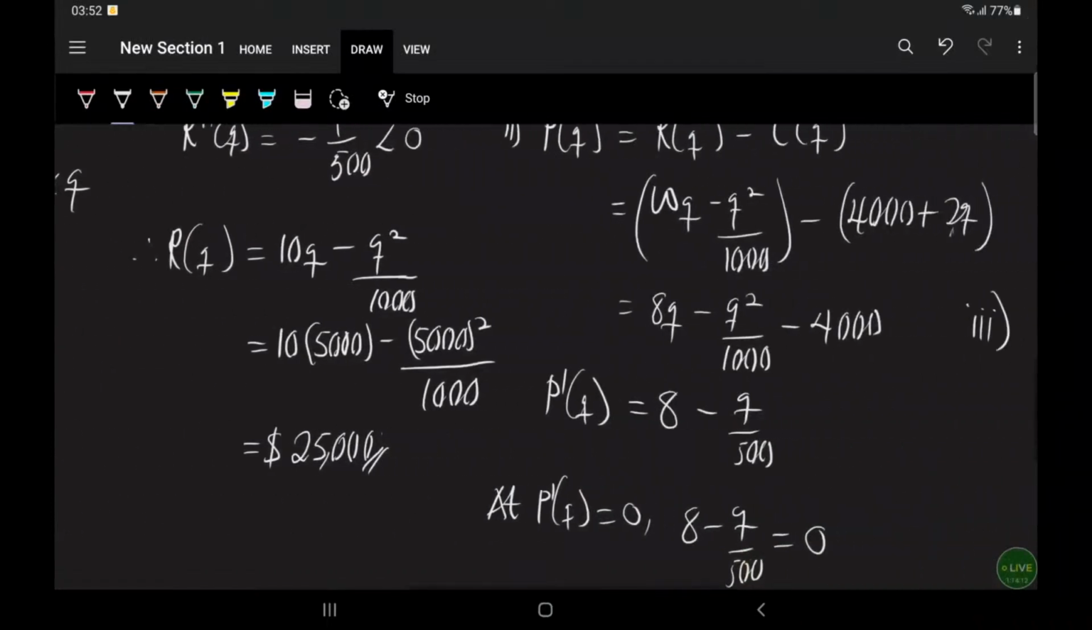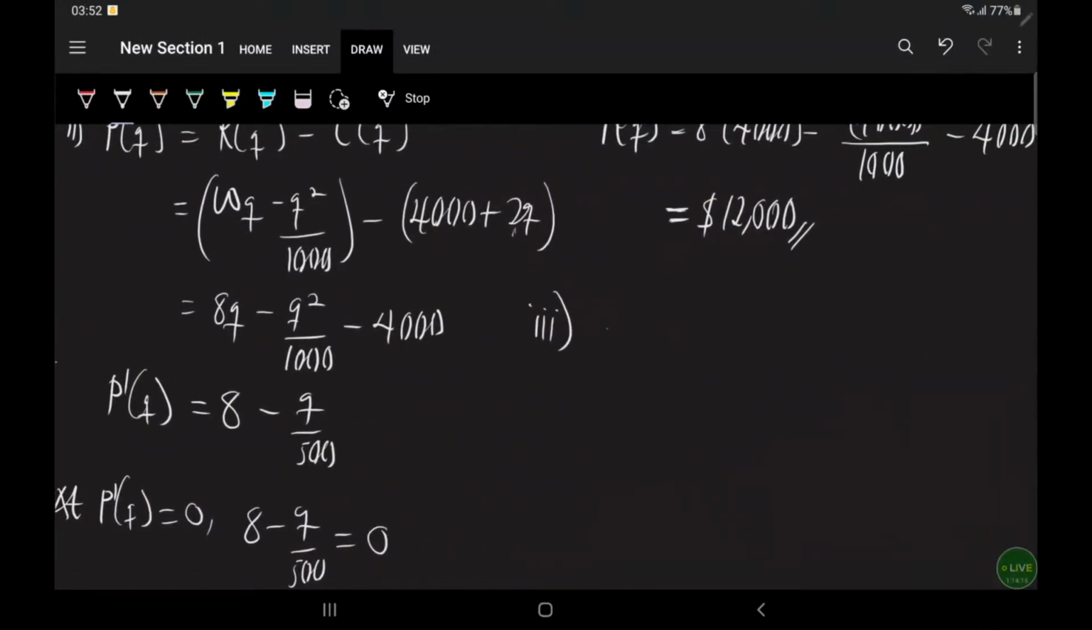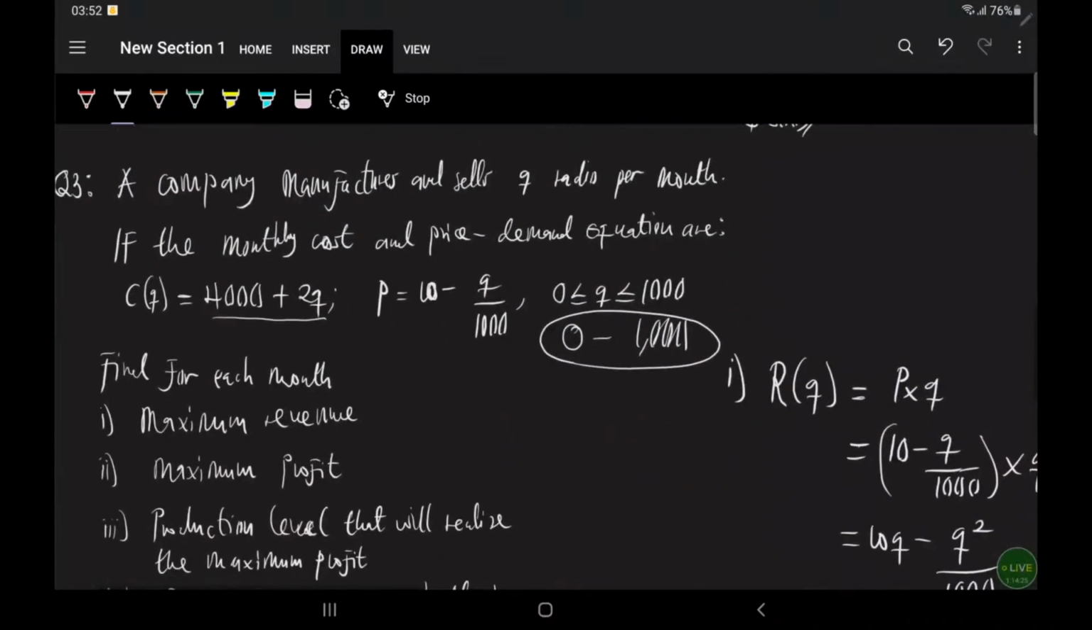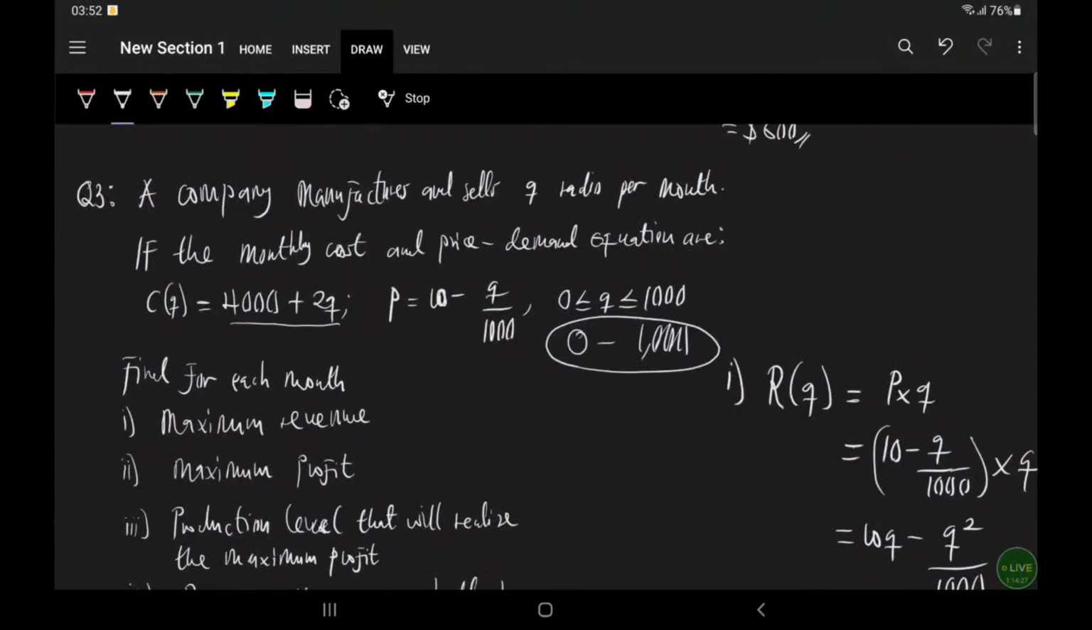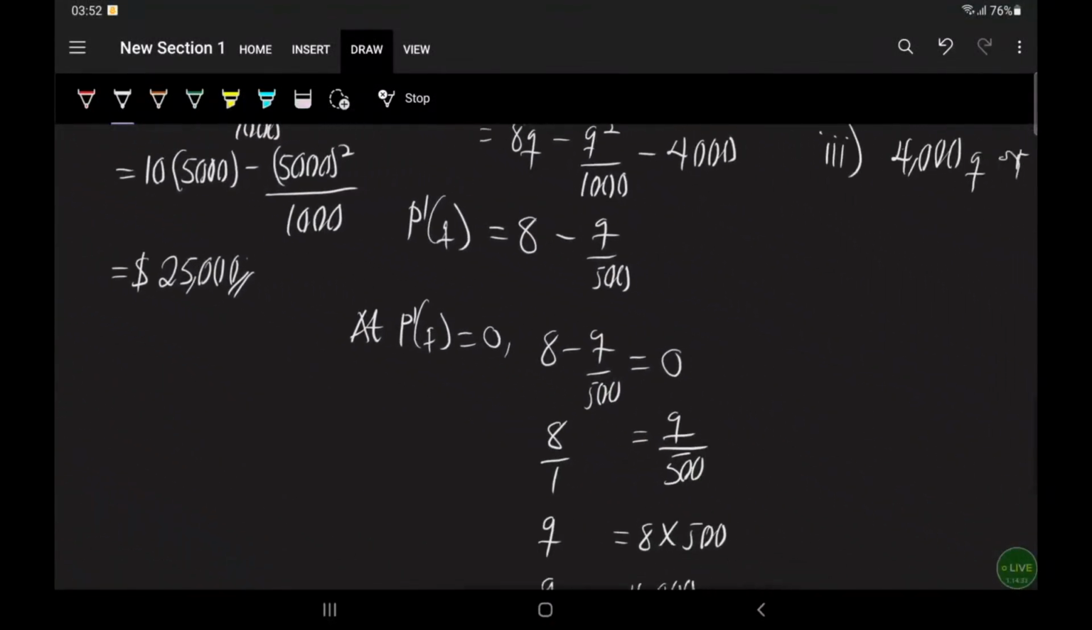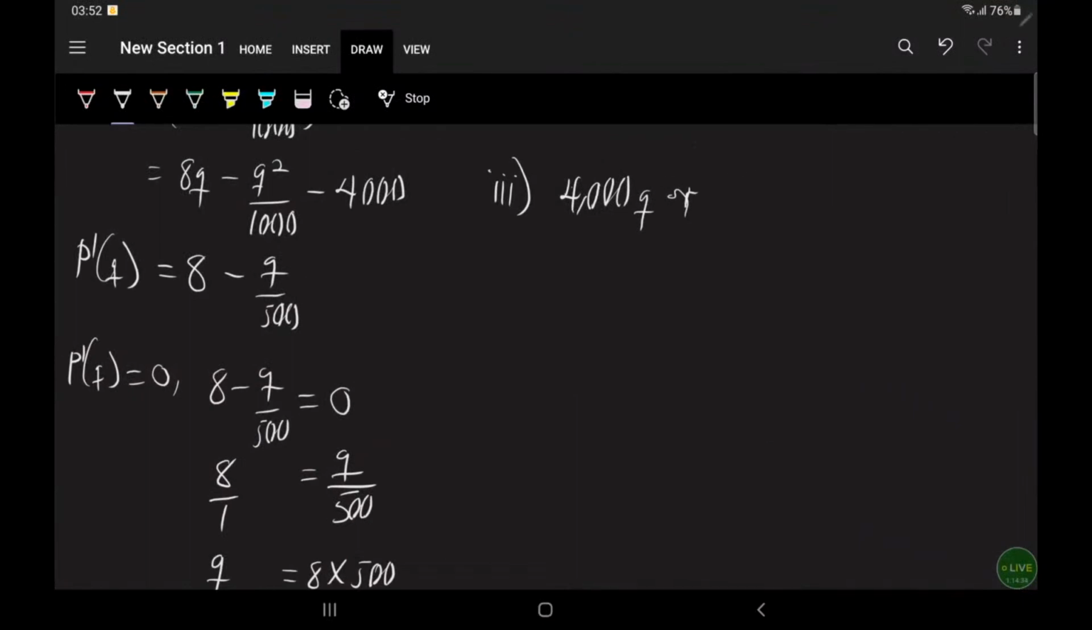So the production that will realize the maximum profit is what? The 4,000. So just take 4,000 quantities of what? Radio, right? Yeah, we're producing radio. So 4,000 radios, and then you're good. That is all. Then IV, they are saying that